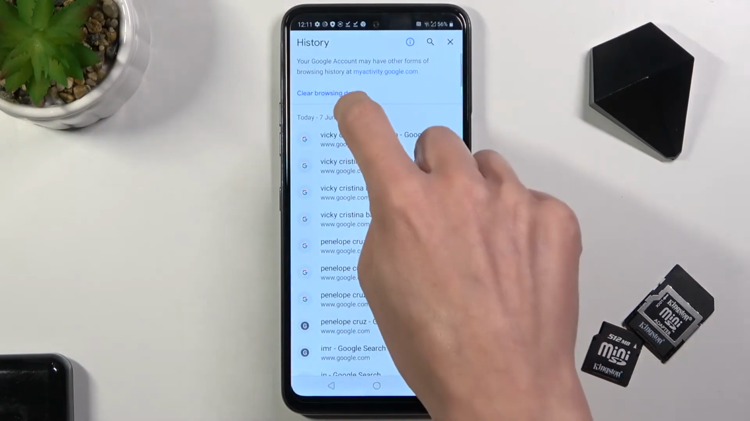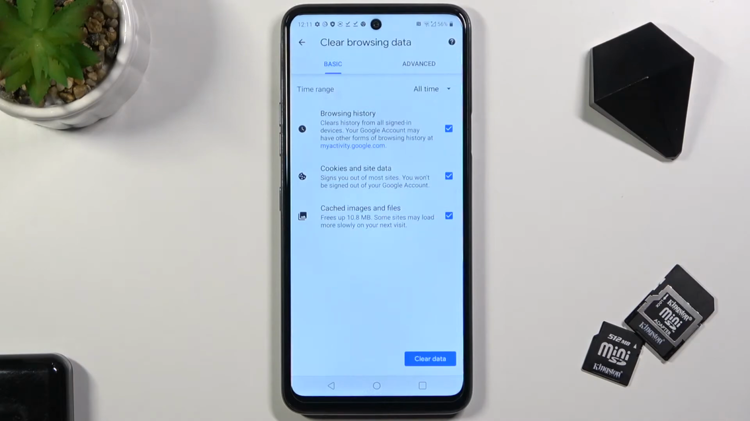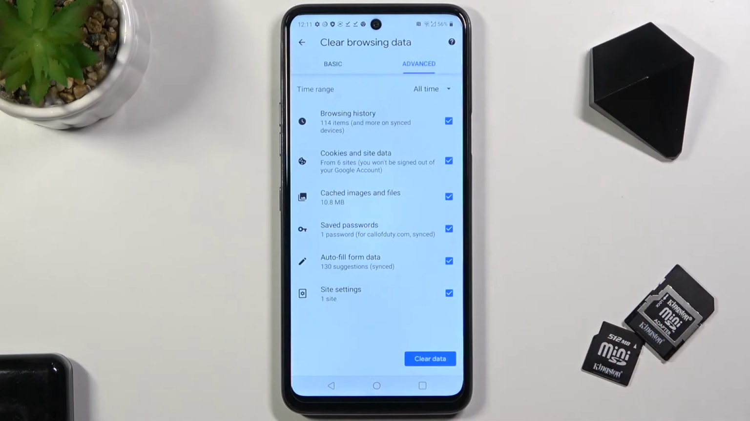Here, just tap on Clear Browsing Data, and as you can see, you will find here Basic and Advanced options. So under Basic you have Browsing History, Cookies and Site Data, and also Cache Images and Files. And then under Advanced you have a few more, which are Saved Passwords, Autofill Form Data, and Site Settings. Obviously, if you would like to leave one of them, if you would like to still have your autofill form data, just unmark it, but I would like to perform a full cleanup, and then just select the time range,